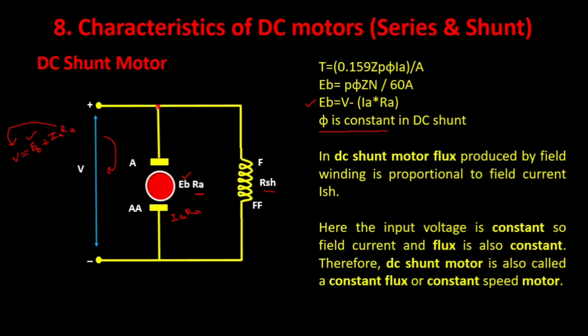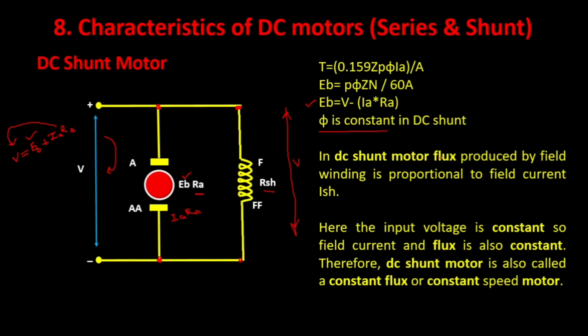So let me see the voltage across these 2 points. The voltage across these 2 points will be again V. And what about these 2 points? The voltage across this and this point would be again V, correct? So the voltage will also be V. That means the voltage in parallel circuits is equal. Here the voltage is not going to change.